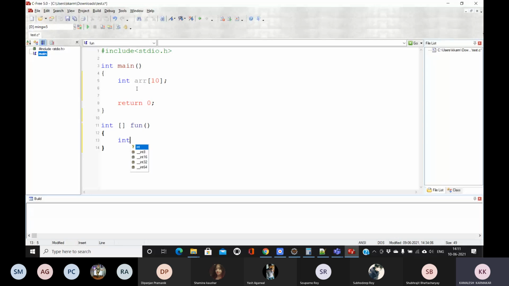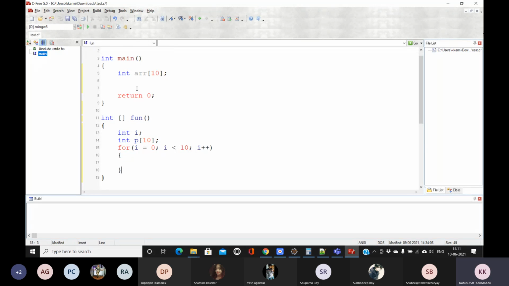Now within this function I am creating an array. I'm using static allocation. I'm not going to use dynamic allocation. Now using a loop, I'm putting some values. So here I'm declaring a variable i, which will be used for iteration. i equals 0 to i less than n, or instead of n, let me say 10, i plus plus.